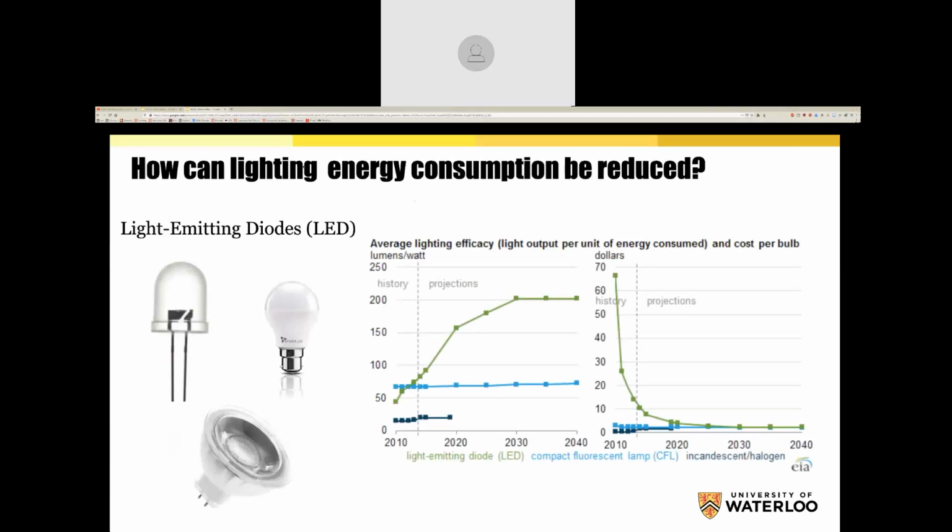On the left-hand side chart, we see that the LEDs are improving in their performance all the time. We're at 2020, which is over here. I think my mouse can be seen, but we haven't fully reached the asymptote of efficiency for LEDs. In fact, they'll continue to increase, whereas CFL and incandescent are pretty much flatlined. Consequently, LEDs are widely being adopted, and the price is also coming down. By 2020, LEDs will be slightly more expensive, but in the next few years, they'll be overtaking CFL. So are we done?